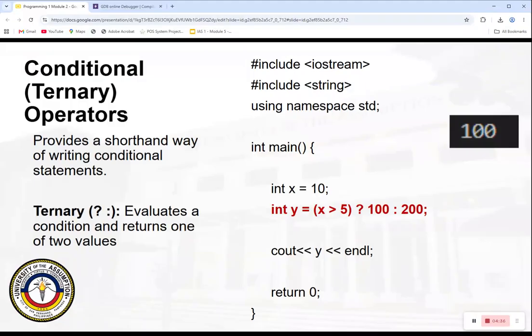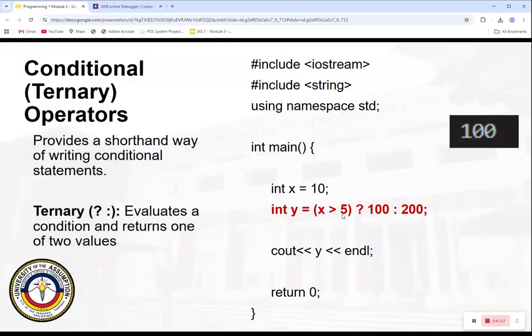You may want to try this one on your computers as well. So within our code snippet, the value of y will be 100, because 10 is greater than 5.